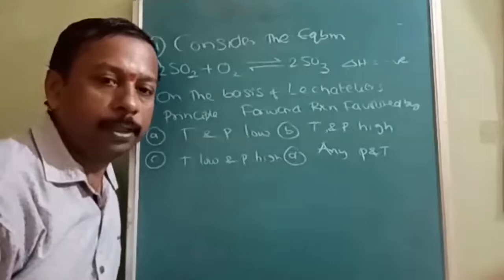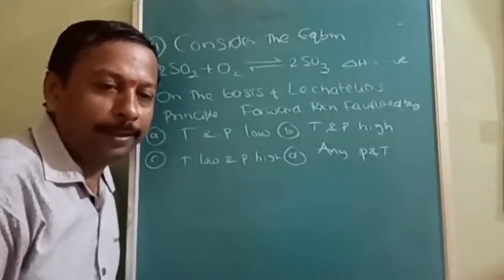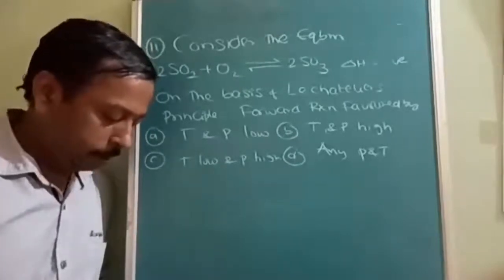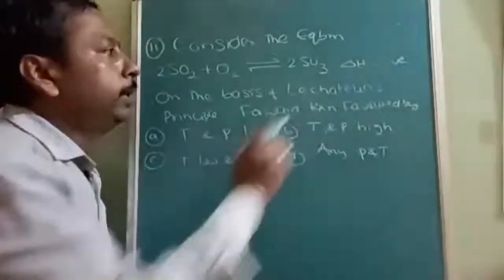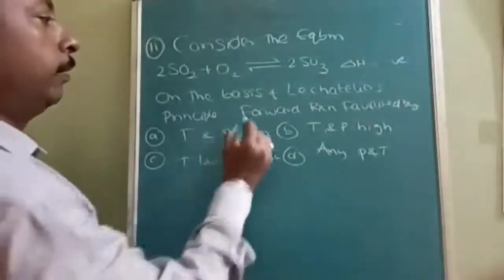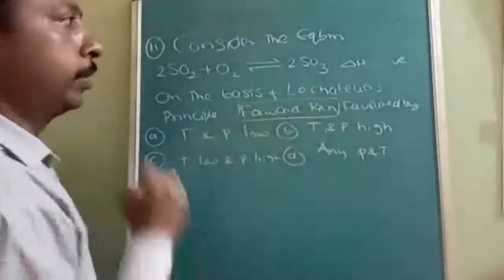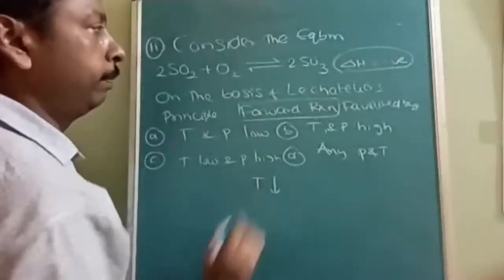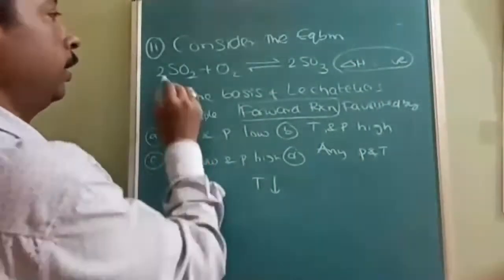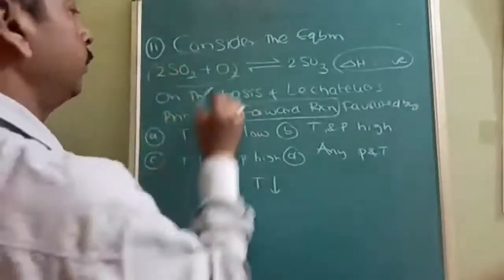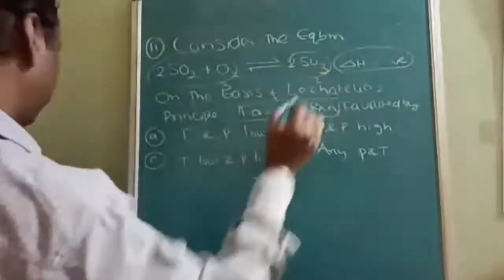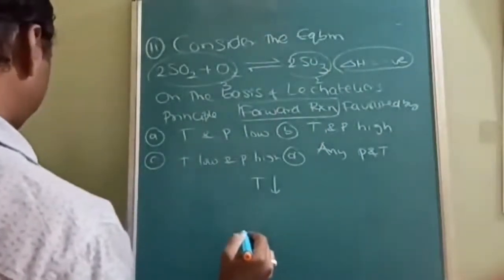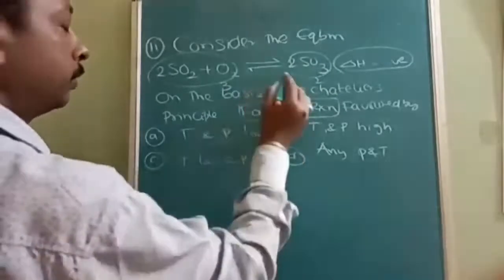Next question. Consider the equilibrium 2SO2 plus O2 reversible to SO3. In this, the delta H value is negative and we want to proceed in the forward direction. So the forward direction is exothermic, so the temperature should be low. And the number of moles here is 3 and here it is 2. Therefore, the number of moles also reduces. We want to move towards the side